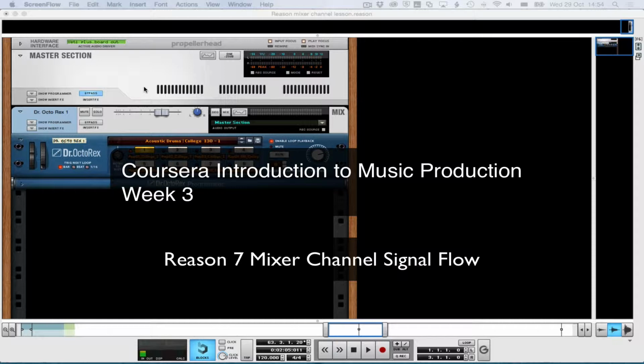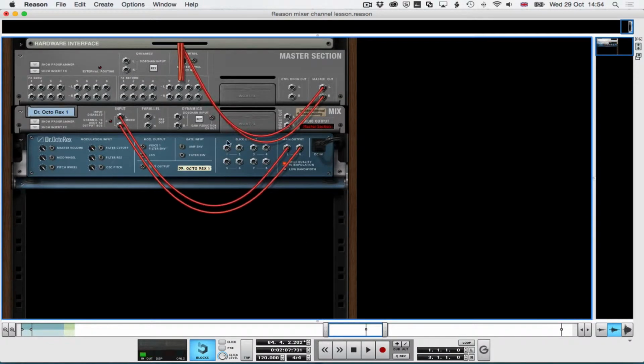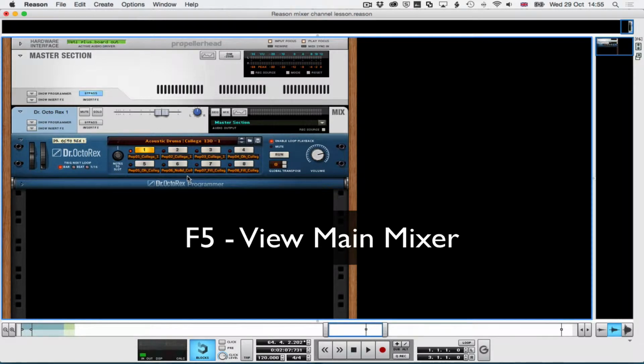So what I've got set up here is a single Dr. Octorex, which is playing a drum loop. This is connected up to a single mixer channel, as you can see here. So if I just hit F5 to bring up the mixer,